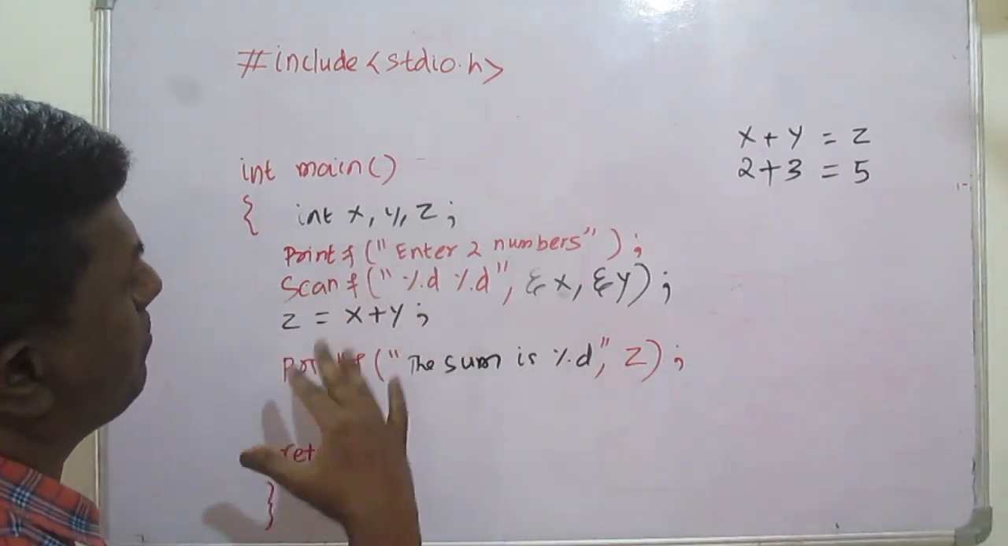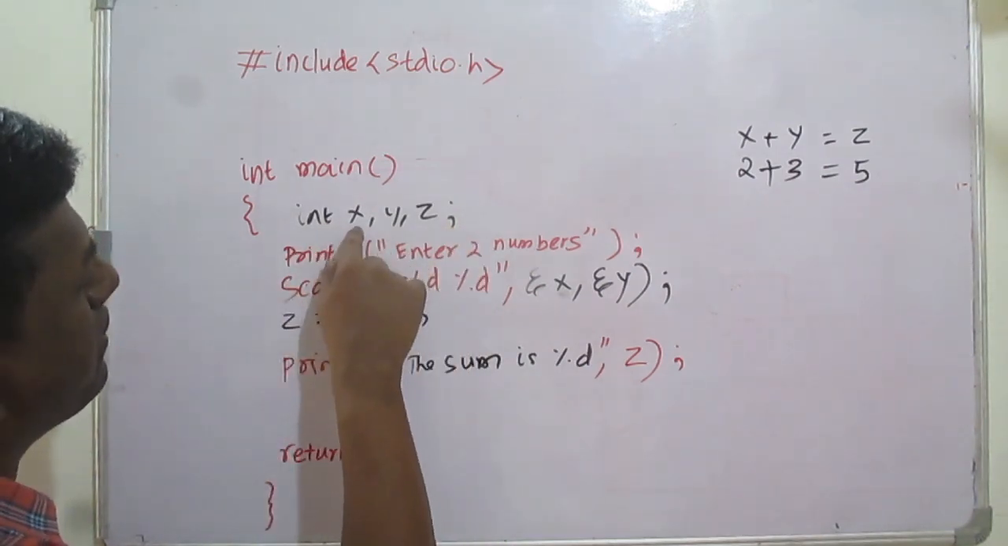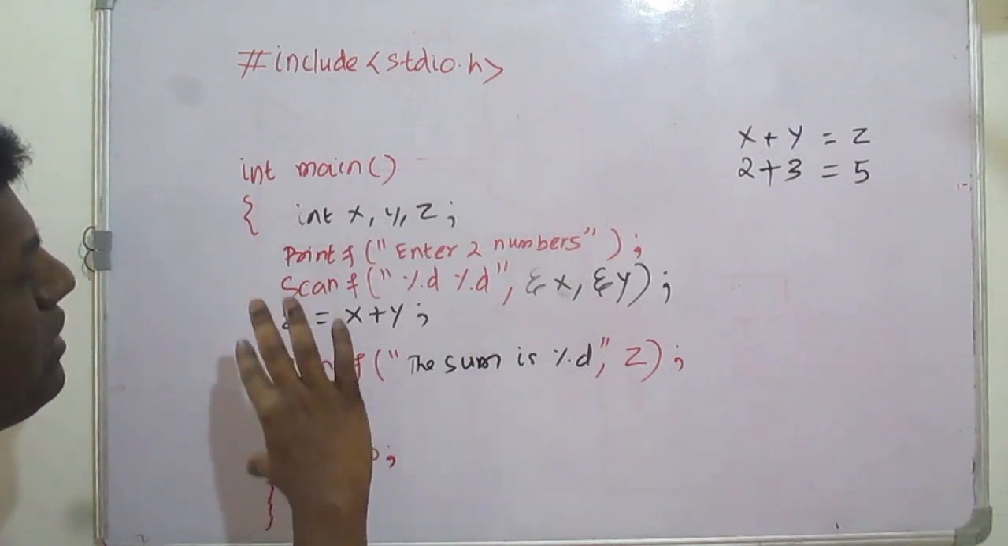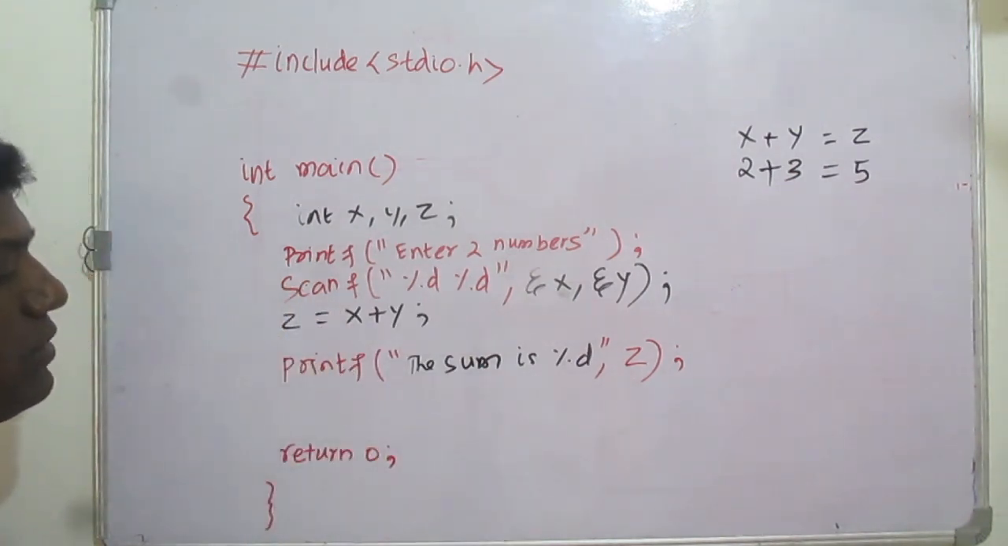We can write the program for adding two numbers just with the help of declaration and initialization. Only 3 lines are required for writing the program to add two numbers. So I hope